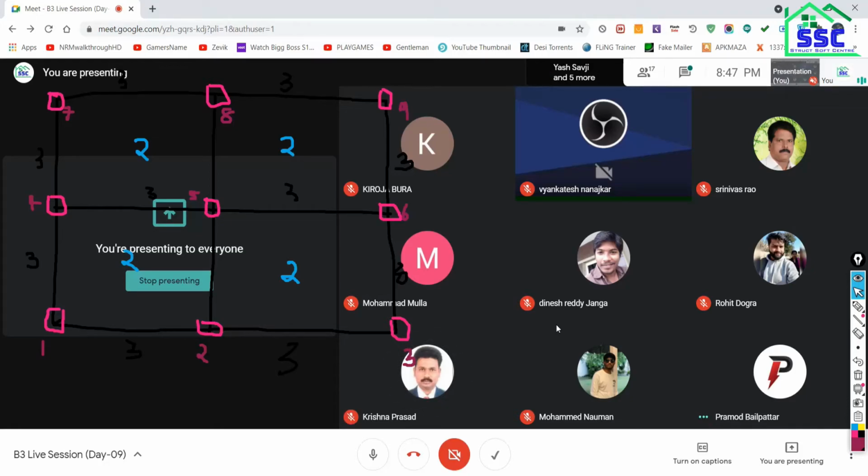Means as per your recommendation, all columns are concentric columns. 1, 3, 7 and 9 are biaxial. Okay. 2, 4, 6 and 8 are uniaxial. Okay. Yes, tell me. 1, 3, 9 and 7 are biaxial. Then the fifth column is concentric, and so almost all of you are correct except Srinivas sir and Krishna Prasad sir. So see, your 1 column, 3 column, 7 column and 9 column are actually biaxially loaded columns. This is why, first try to understand with the 5 column.